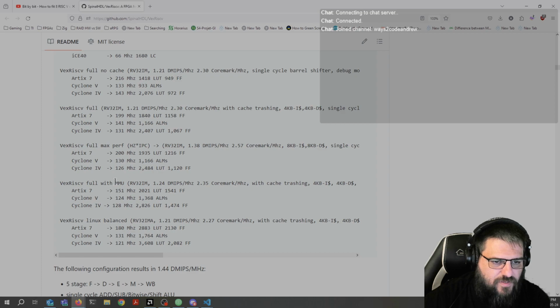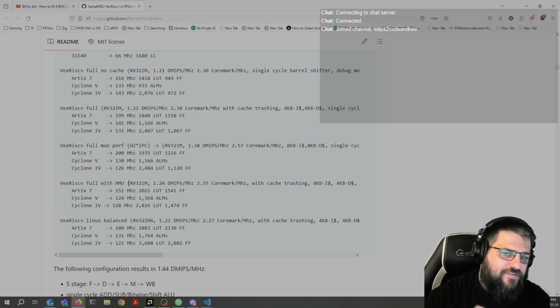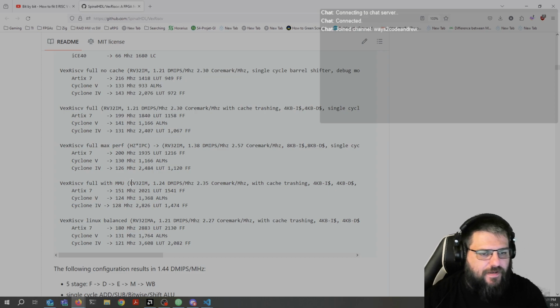So MMU, first of all, MMU means it has a module that gives some functionality for memory management. So it's called a memory management unit, and this, for example, can help create different channels to communicate